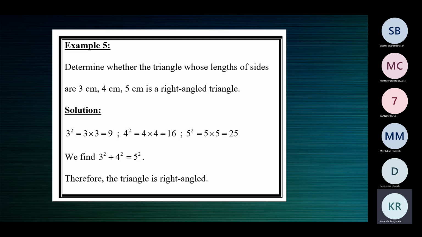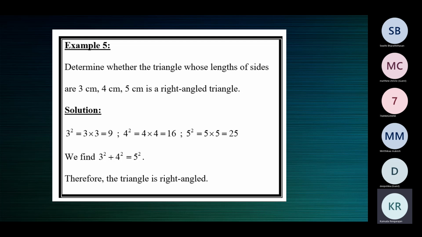Now we're going to see under what circumstances a right triangle is formed. When is a triangle a right triangle? How can you make out without actually measuring, without actually having the triangle with you and without having a protractor and measuring the angle? How do you conclude that the triangle is a right triangle? Ma'am, if one of the angles is 90 degrees, it is said to be a right angled triangle, ma'am. Correct. When we know that one angle is 90 degrees, then it's a right triangle.